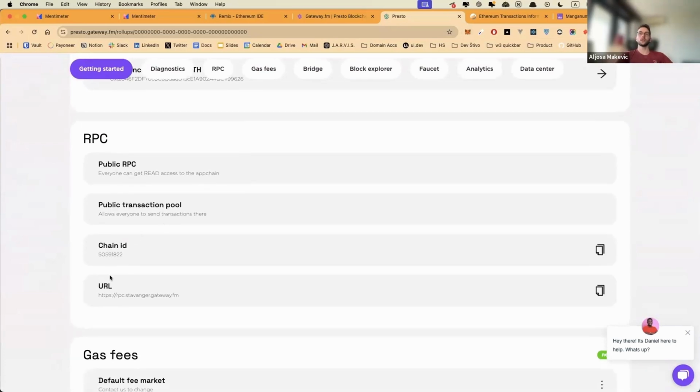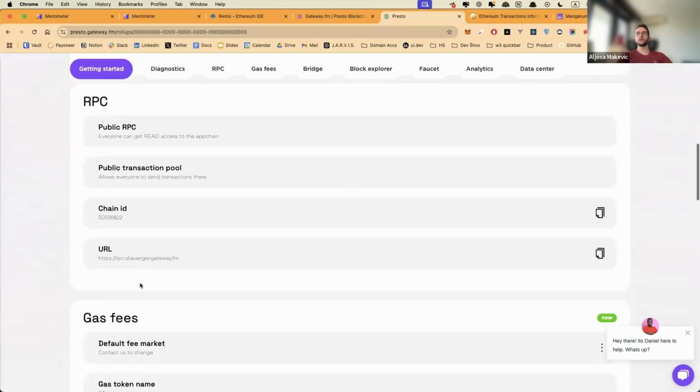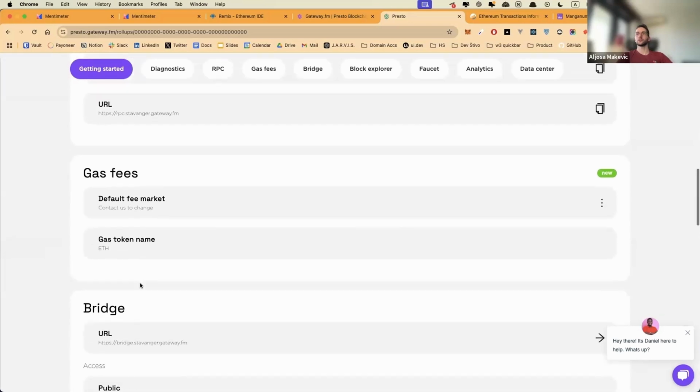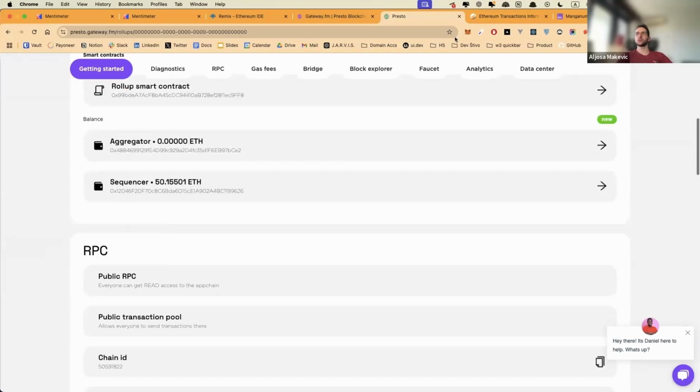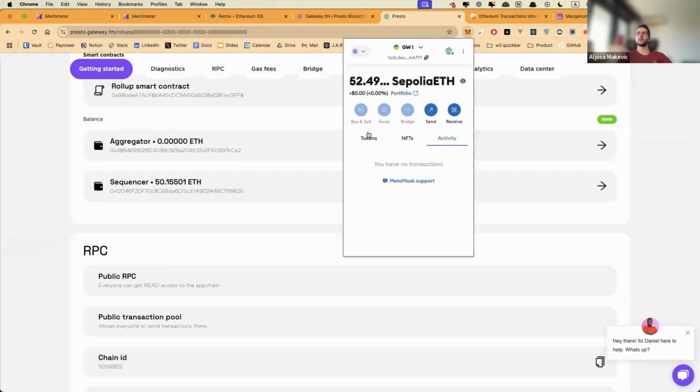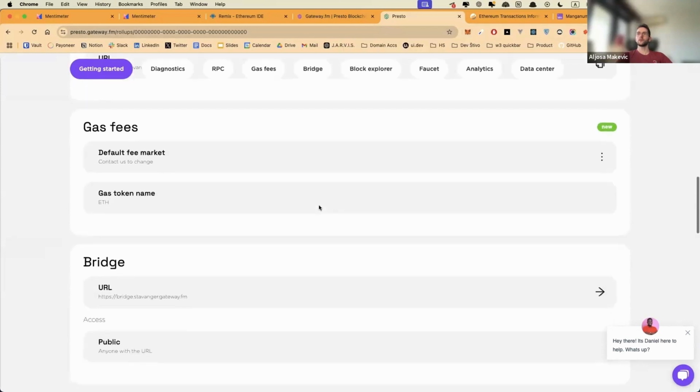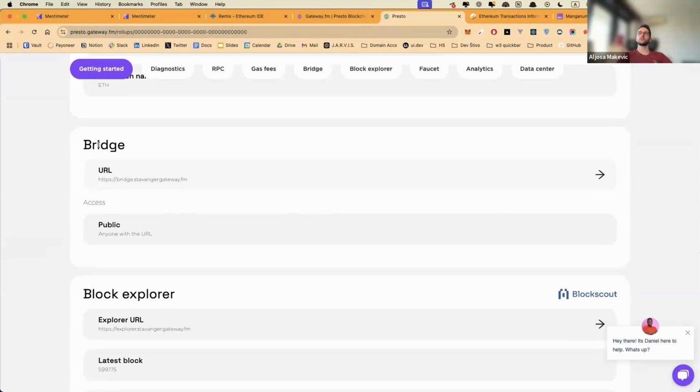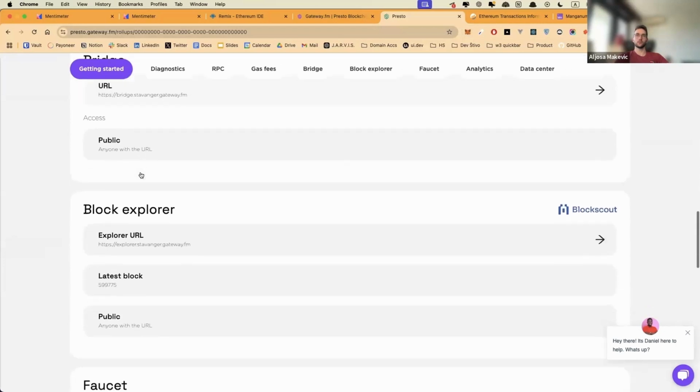You can see its chain ID. You can see what's the gas token? It's actually POL. Let me just switch. POL, I have some. And the cool thing is, Bridge comes already built, so you can easily swap tokens from here to another chain. If you're building this by yourself, you'd have to set that up by yourself.